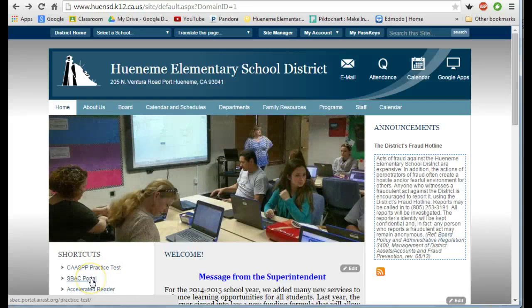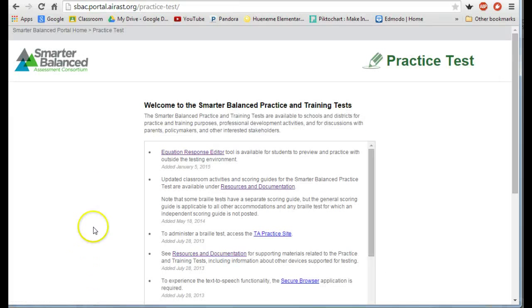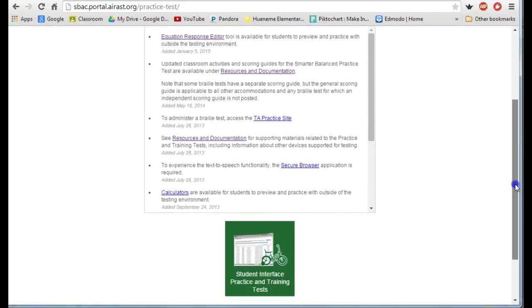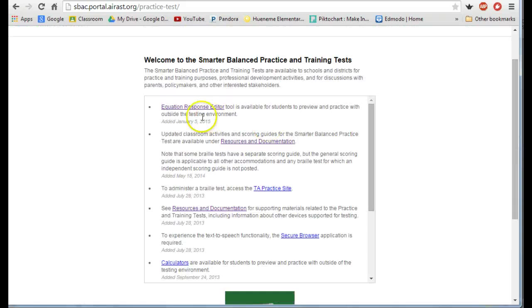The second link is the SBAC portal. Now SBAC is for Smarter Balanced Assessment Consortium. This is the group that's writing the test for multiple states. So this is another opportunity for you to show them some of the tools that they'll have available on the test. Okay, so some things to note, especially in math, you want to show them this equation response editor, because